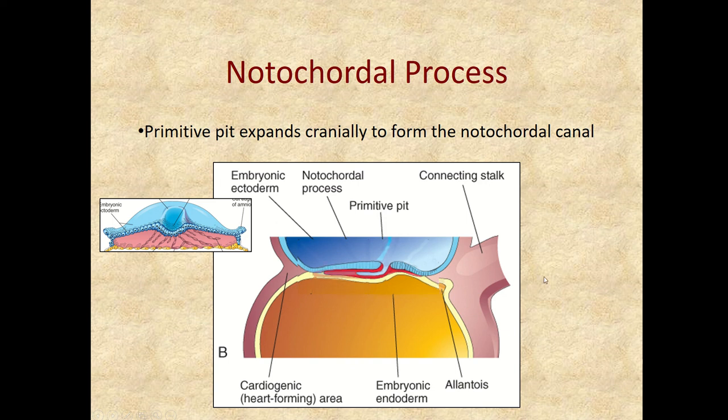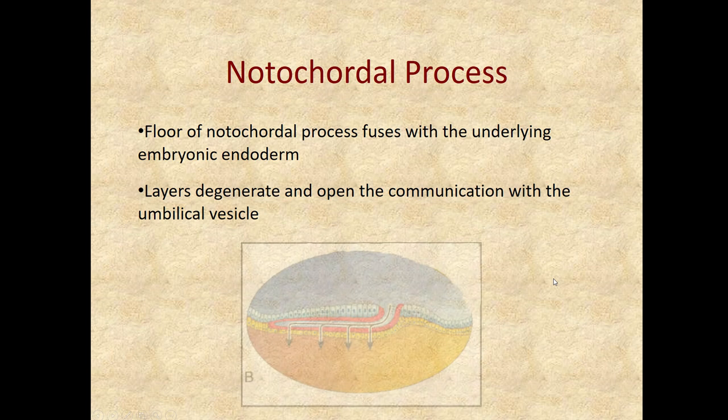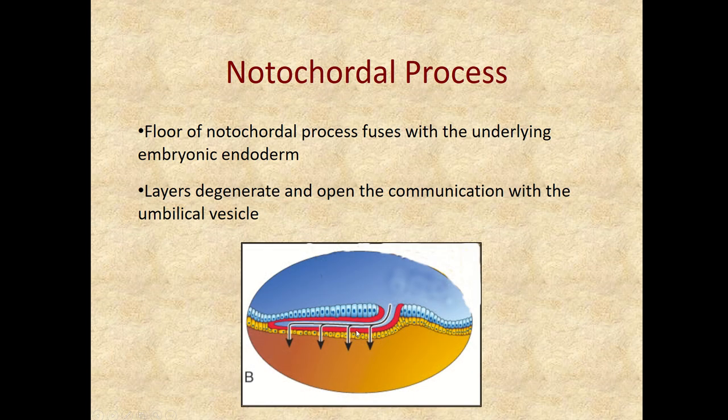And I click it again, and you can see further growth and further expansion of the notochordal process and also the notochordal canal. All right, so interestingly enough, it's not going to remain in this configuration, but rather the floor of this notochordal process is going to fuse with the endoderm. So the yellow layer here is going to fuse with the floor of the notochordal process, and